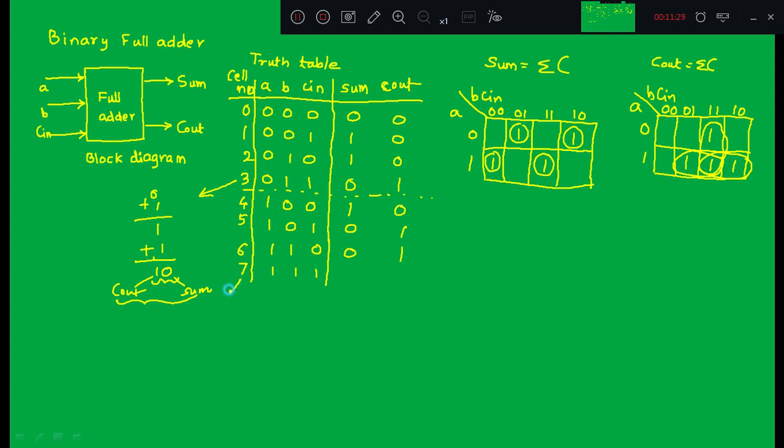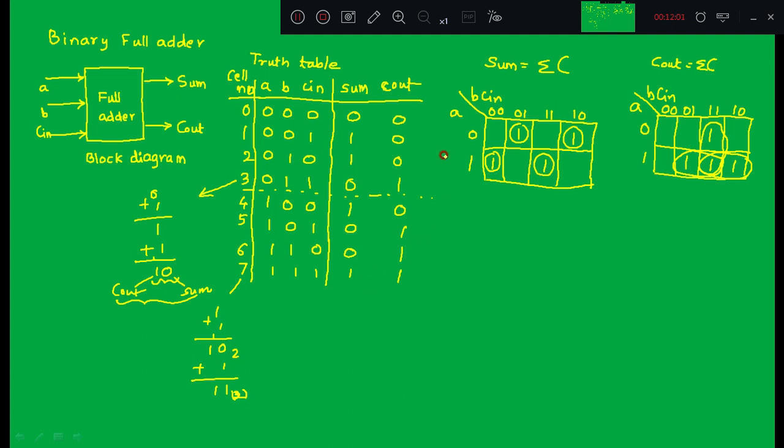If I consider this case, when I add 1 plus 1, sum is 0 and carry is generated. When you add 1 plus 1, the answer is 2 in binary, and for 2 you are adding 1 more. So you will get now sum 1 as well as carry 1. The total answer in binary is 3. So C out acts as MSB 1, and the lower bit is 1, giving 1 1.